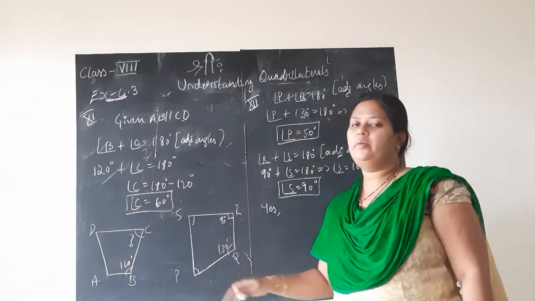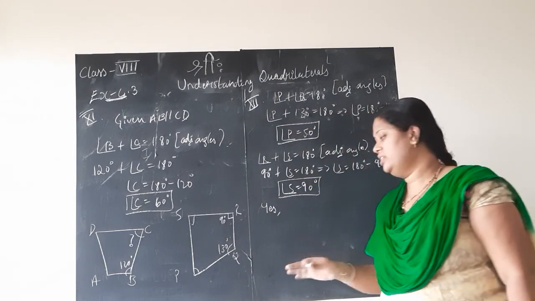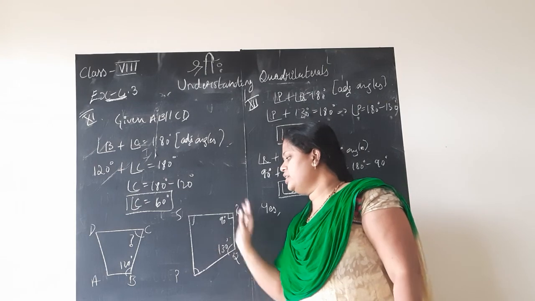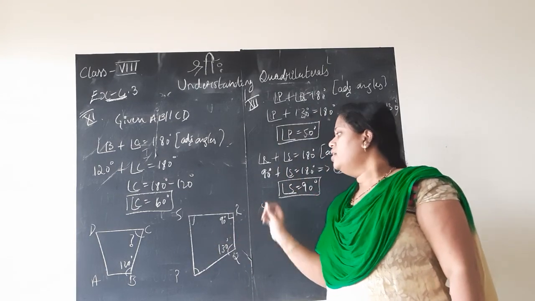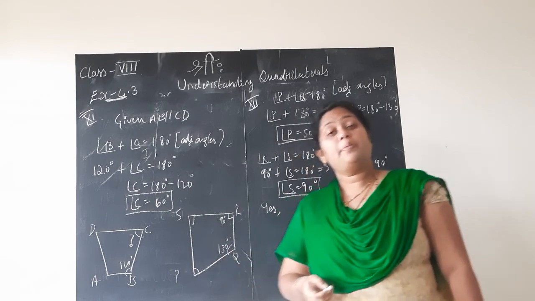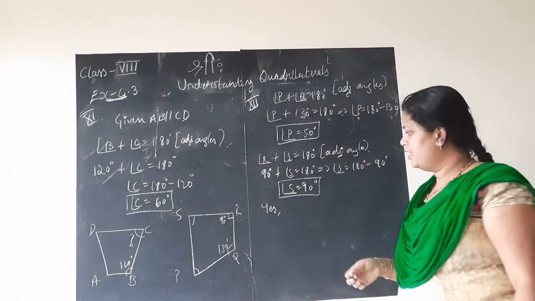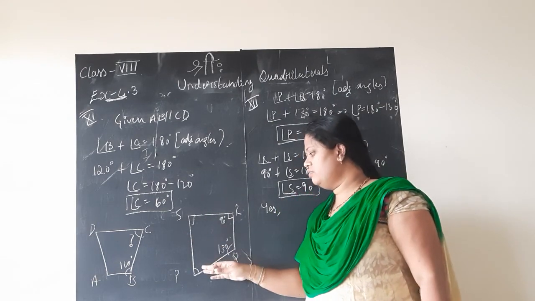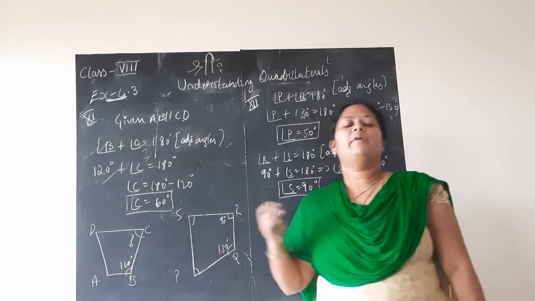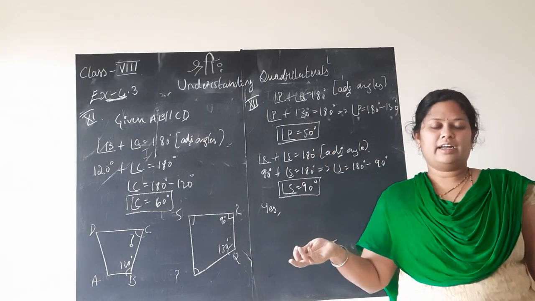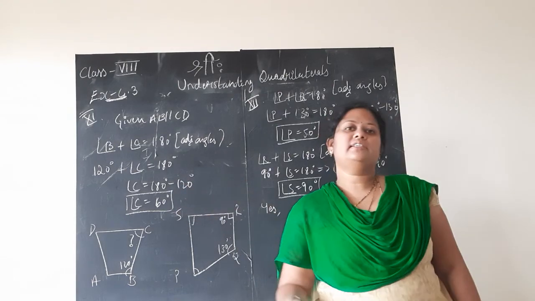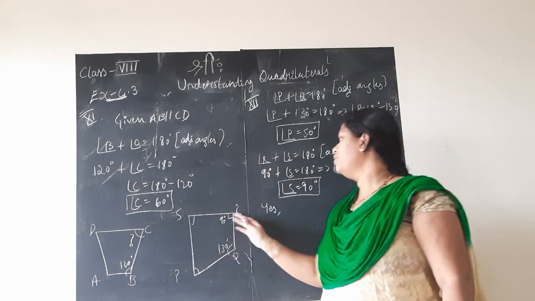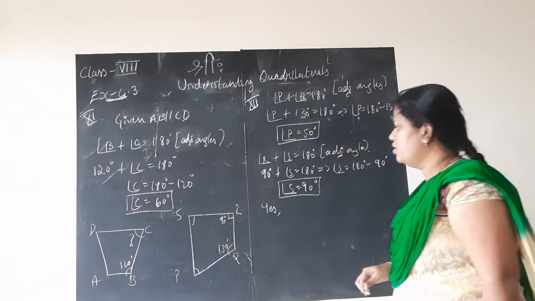Let it be a trapezium, rhombus, parallelogram, anything, don't worry. It is a quadrilateral. Why? It has 4 vertices and 4 sides. Now, children, by using angle sum property of a quadrilateral also we can find out. Once we know the 3 angles, one more angle can be found out. By angle sum property of a quadrilateral, angle P plus angle Q plus angle R plus angle S is 360 degrees. By knowing 3 angles, easily you can find out.